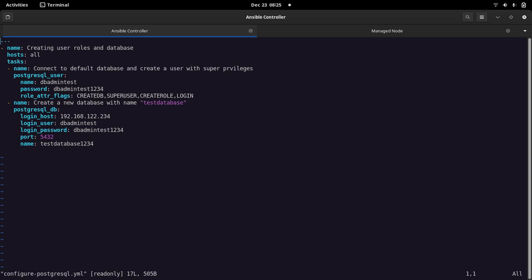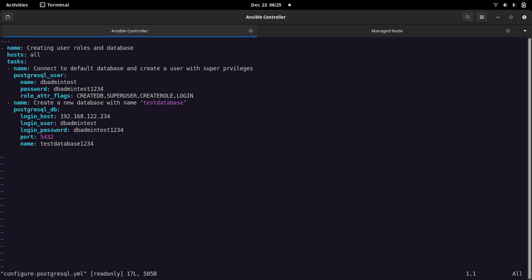But here, we have hard coded the values like the RPM URL and the version of PostgreSQL, and the files that we want to copy onto the managed node, the SQL scripts. The database username and password values are also hard coded.